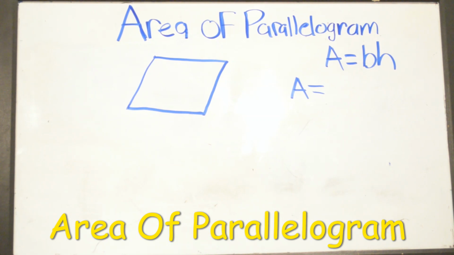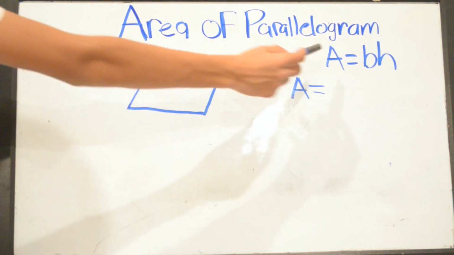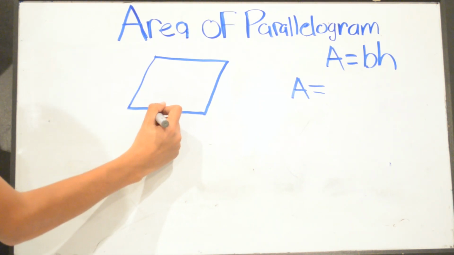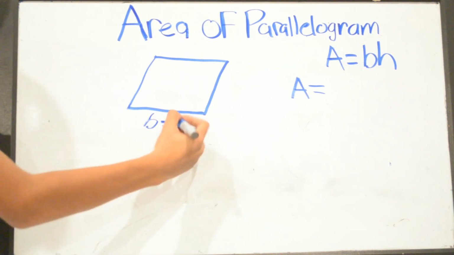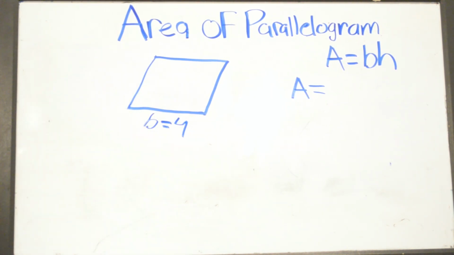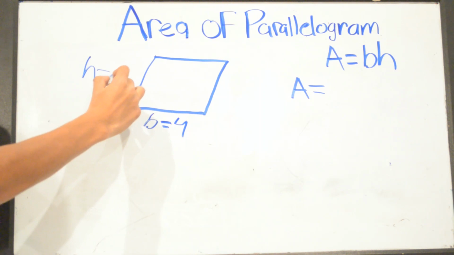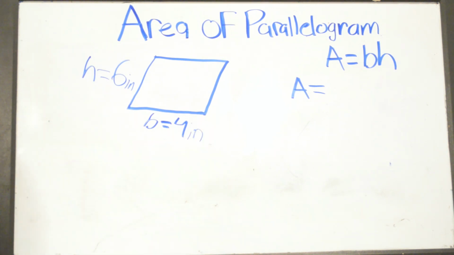So now we are going to talk about the area of a parallelogram. The area of a parallelogram is A equals base times height. Our example for the parallelogram is, our base is going to equal 4 inches. And our height is going to equal 6 inches. So here we write down